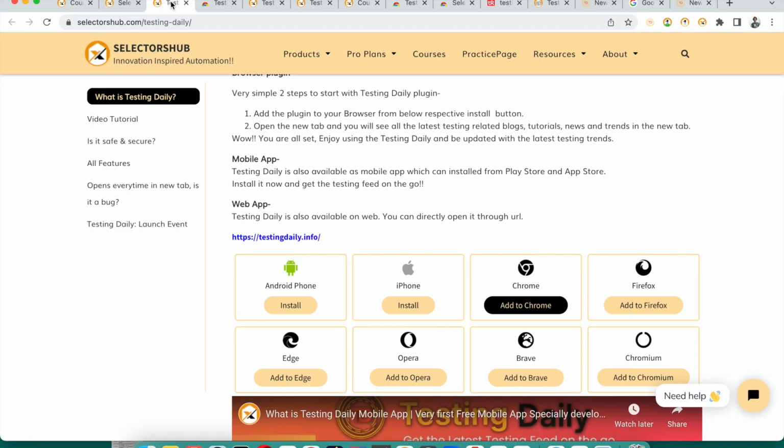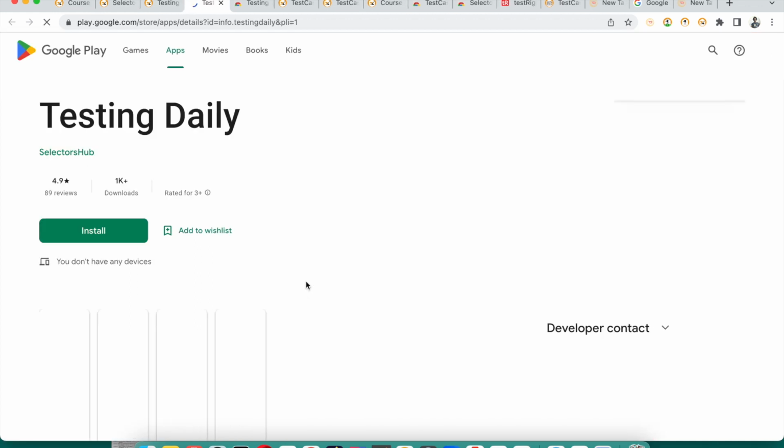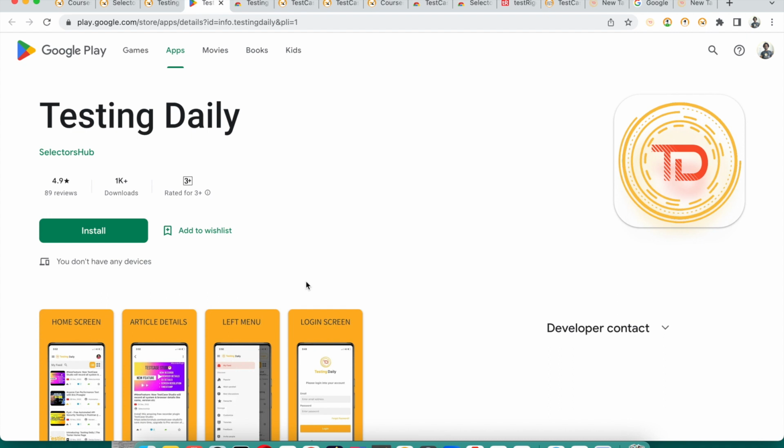Okay, so this is Testing Daily. Also, I will request you to please install it as an app on your mobile phone. If you are using Android, you just search in the Play Store for Testing Daily, and you will get this. If you are using iPhone, you just search in the App Store for Testing Daily and you can install this, and you will see that this is a very highest rated, 5-star rated